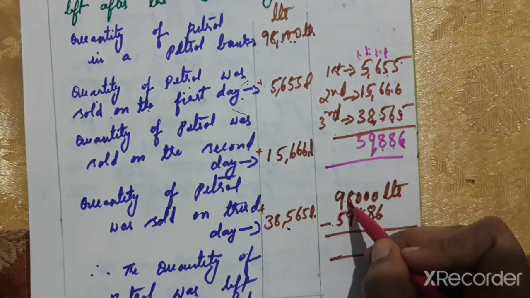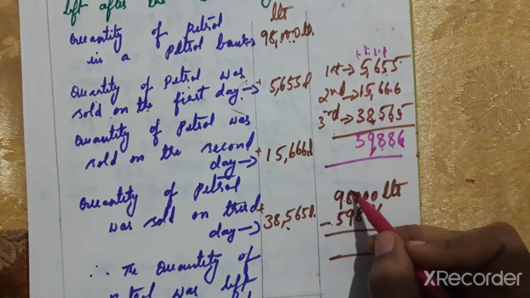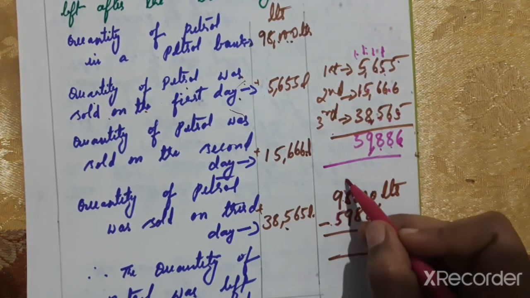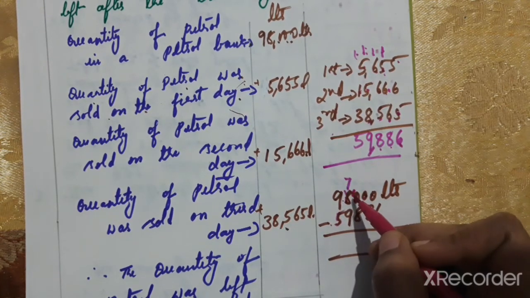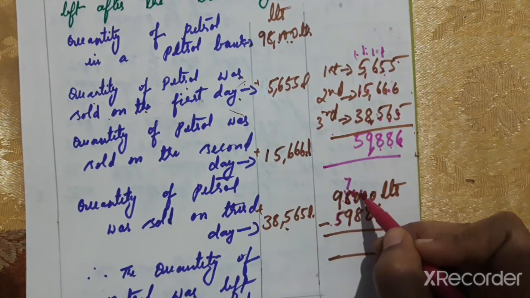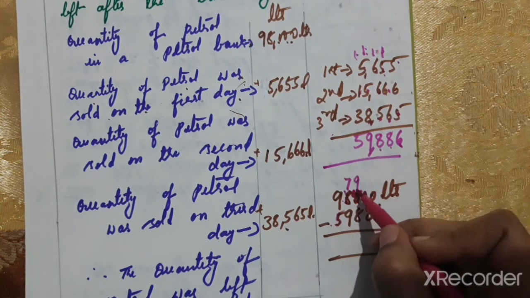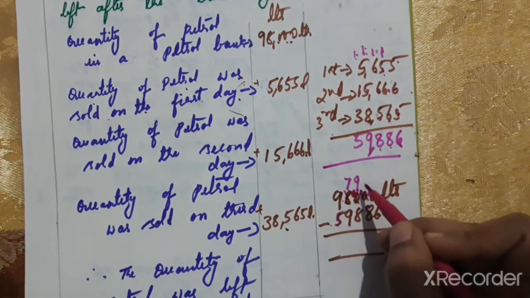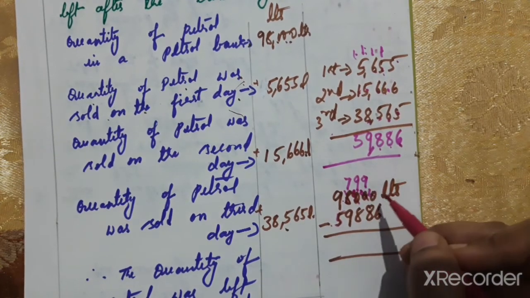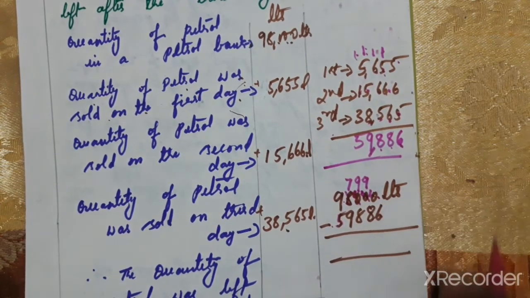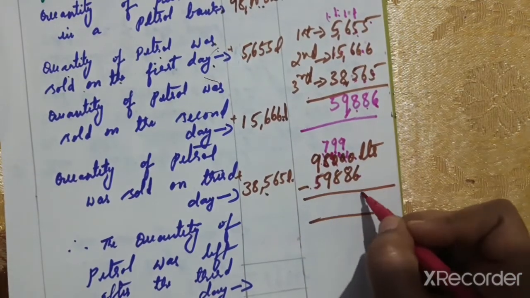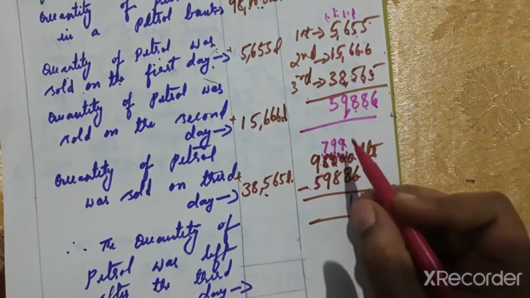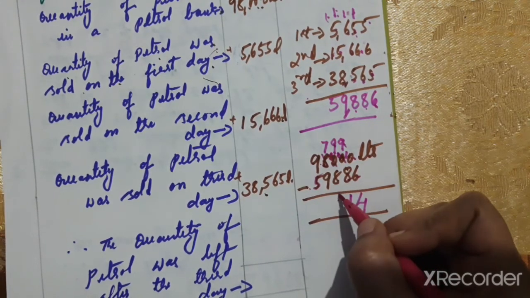Here also 0, this friend also has 0, and here 8. So rich man, 8 will help others. 8 gives 1 to his best friend and 8 becomes 7. This 10 will give 1 to his best friend and 10 becomes 9. And this 10 will give 1 to his best friend and becomes 9 now. Now here 10, rich person. 10 minus 6 is 4. Now 9 minus 8 is 1. Now 9 minus 8 is 1.